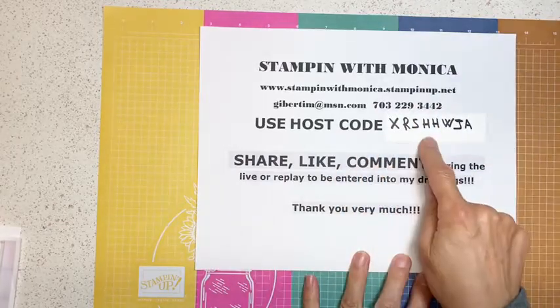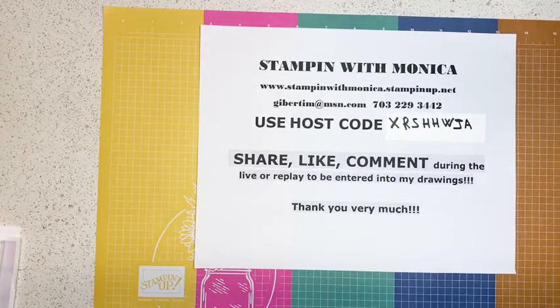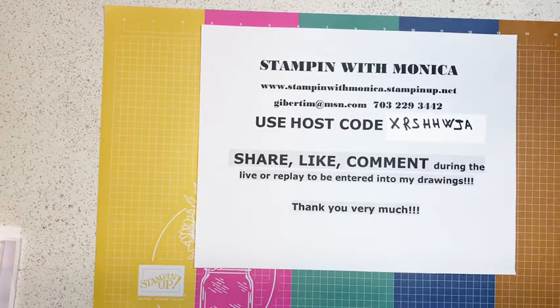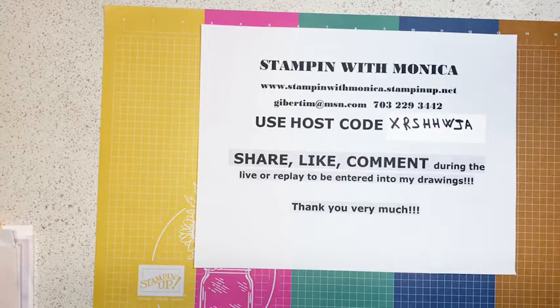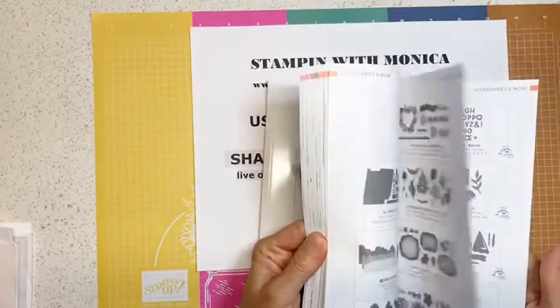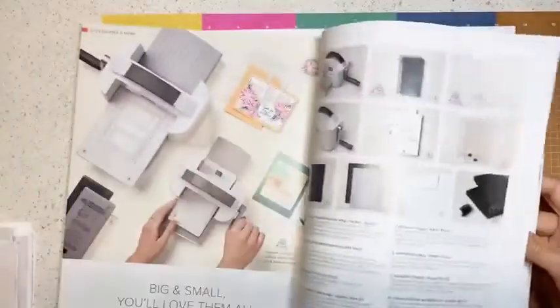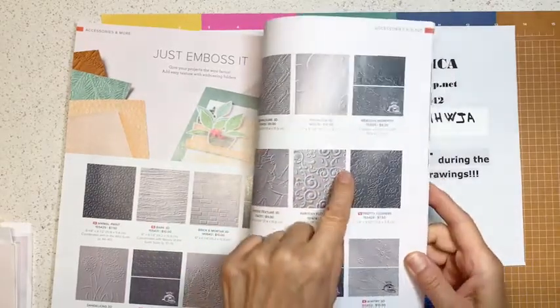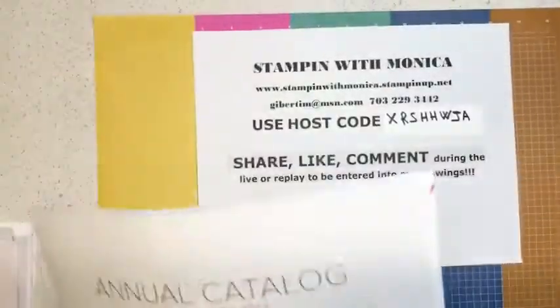And this is the host code for June that I'm closing out tonight. So this is the last chance for you to get into my June ordering special: with orders of over $55, you will get an embossing folder. Actually, let me grab the catalog and show it, because mine is not here yet, but this is the embossing folder that I'm giving away. It is the Pretty Flowers embossing folder. So with your order that is over $55, you will receive this for free from me as my thank you,